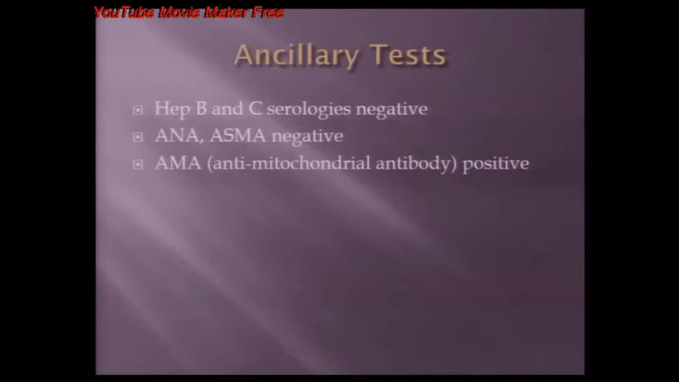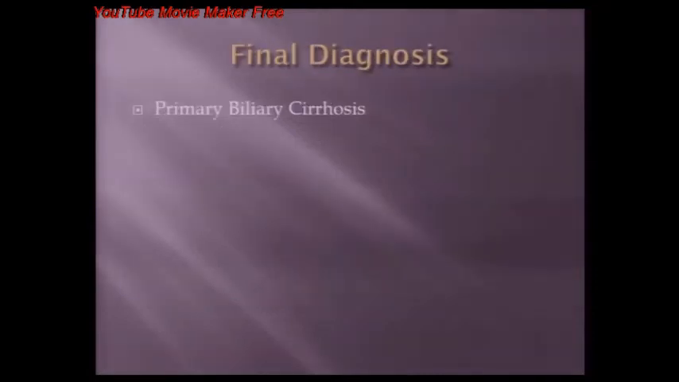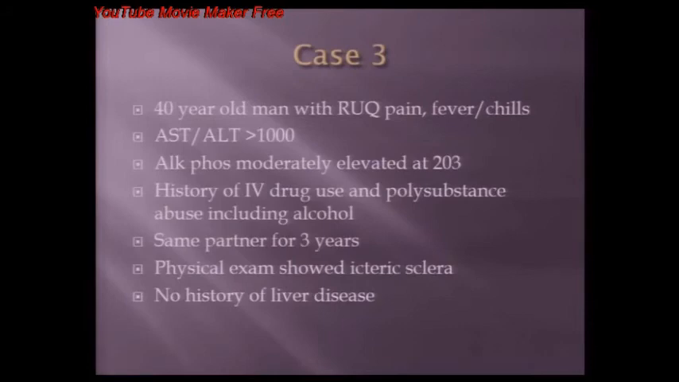Okay. Next case, any questions on that? Pretty straightforward. That's good. 40-year-old man with right upper quadrant pain. This guy has a really severe AST/ALT elevation. Okay, alkaphos,